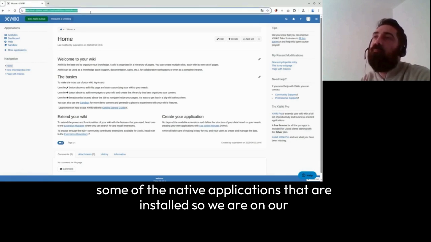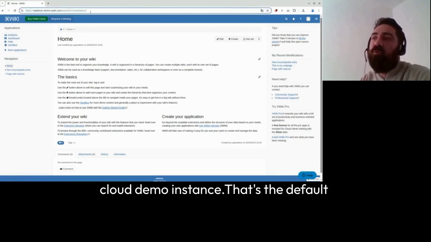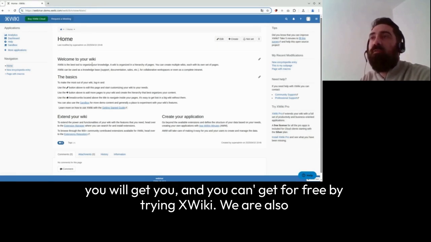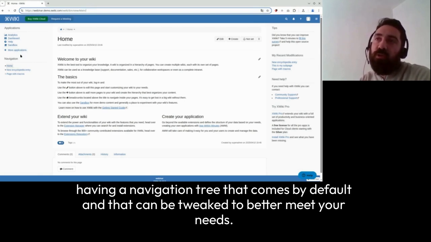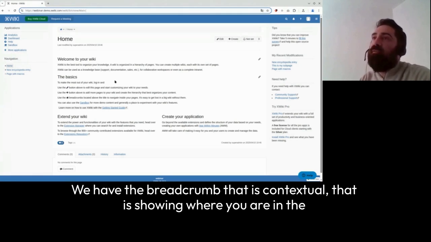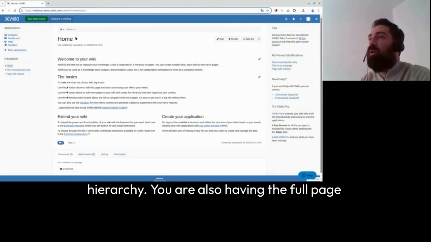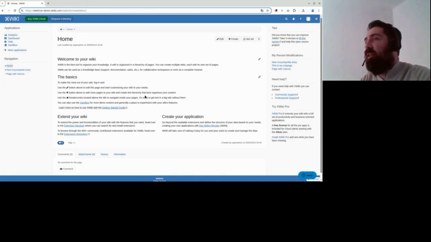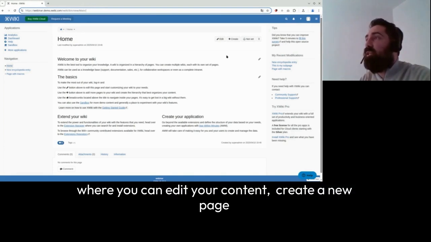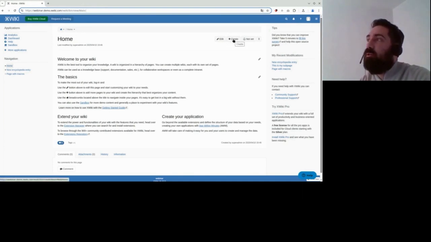So just there we are on our cloud demo instance. That's the default you'll get and that you can get for free by trying XWiki. We also have a navigation tree that comes by default, but that can be tweaked to better meet your need. We have the breadcrumb that is contextual, showing where you are in the hierarchy. You also have the full page where you can edit your content, create a new page, and have